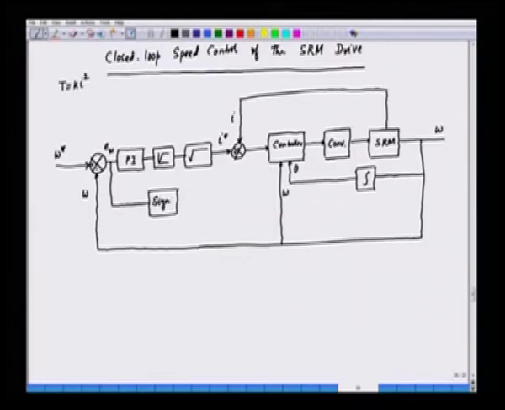This sign block will give either a positive or a negative sign, and depending upon that we can have a positive torque or a negative torque. So, this also goes to the controller. So, this is the closed loop block diagram of a switched reluctance motor drive, in which we can go for